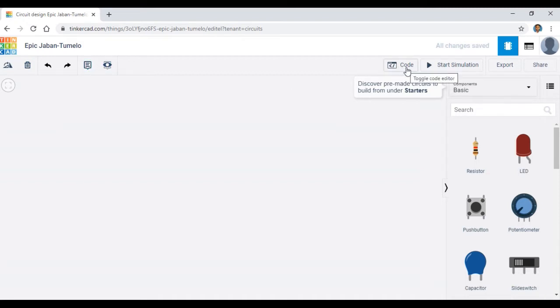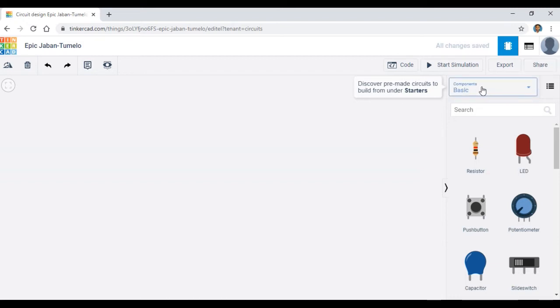This is for code. If you work with an Arduino or any controller, then you can go to this code. This button is for start simulation or stop simulation. By using the export button, you can export your circuit to your computer. You can share with your friends or to your mail ID also.